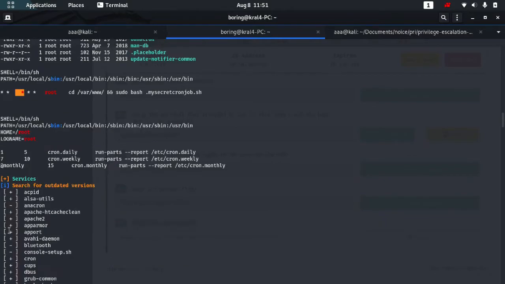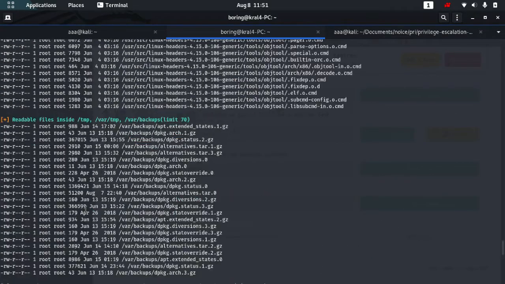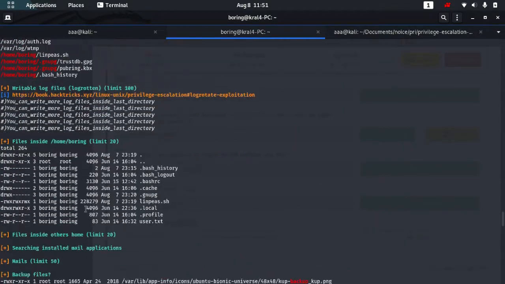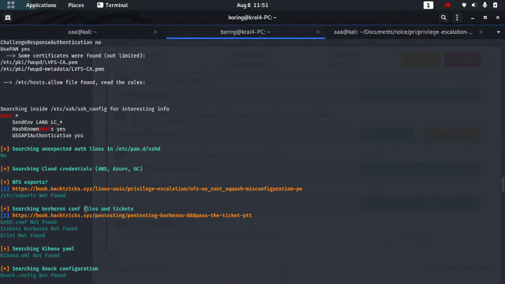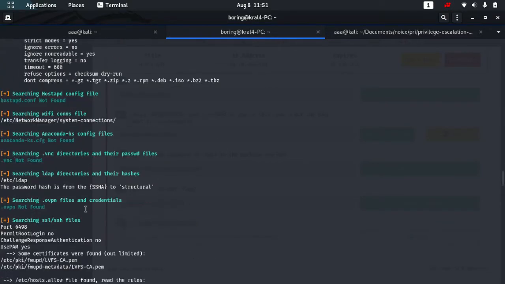So we can use that cron job to our advantage. There is another place where this same cron job is being used, and I'll show you that as well.